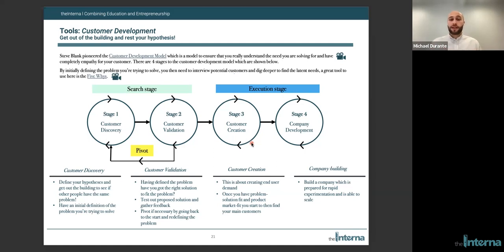Now we're looking at customer validation. What customer validation means is we've really understood the problem. Now, can we find a solution that actually fits it? Can we find a solution that fits the bill? This is when you're ideating, coming up with ideas of how you might solve that problem. Is it via a marketplace online? And when we're creating that potential solution, that's when we're really trying to focus on and test that solution